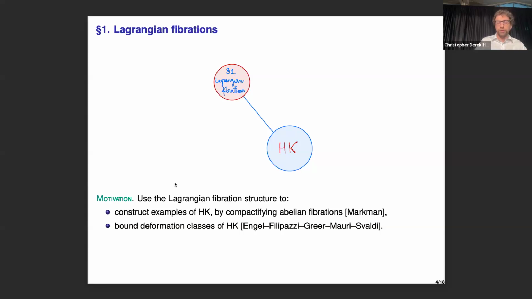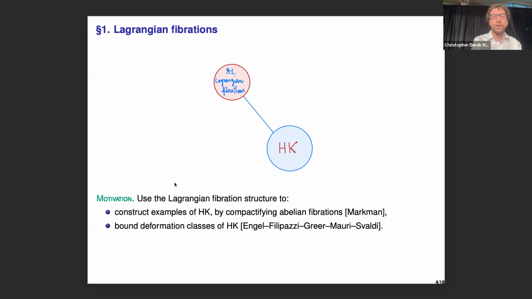So there are two motivations for studying hyper-Kähler with this Lagrangian fibration structure. And one thing is the following, this helps to construct examples actually. So I think this was an idea due to Eyal Markman, and then developed in various papers by Donagi and Markman, I think Markushevich as well. So you start with what? Well, a Lagrangian fibration, by the Arnold-Liouville theorem, we'll see in a second, is essentially an abelian variety over an open subset. And so what you try to do is find some special conditions such that this extends to something projective with some global rigid geometry. So that's one motivation.